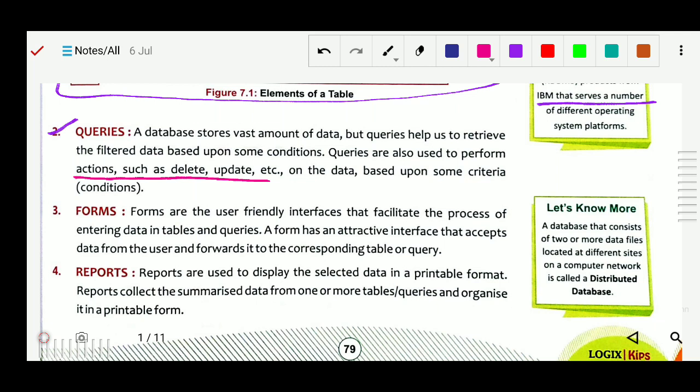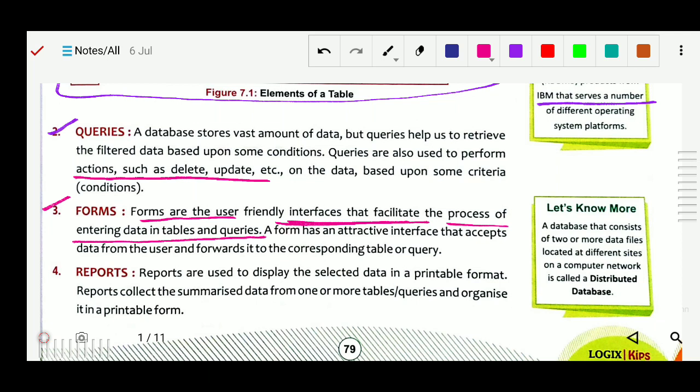Next is forms. Forms are a user-friendly interface that facilitates the process of entering data in tables and queries. It is the interface where we can enter the data and the queries. Suppose in Excel we have a form with rows and columns in a particular format, and in that we enter the data.